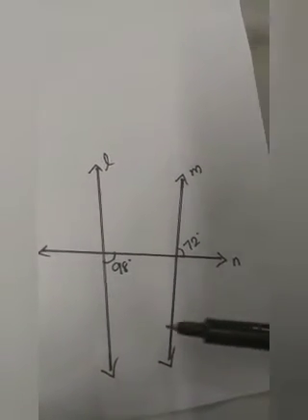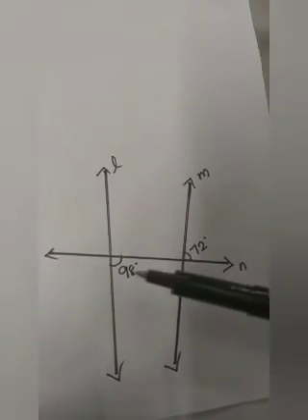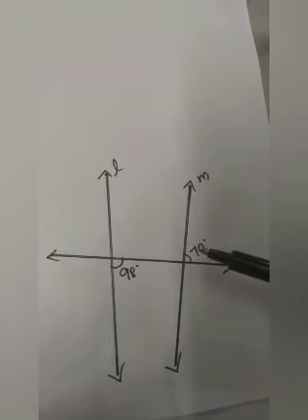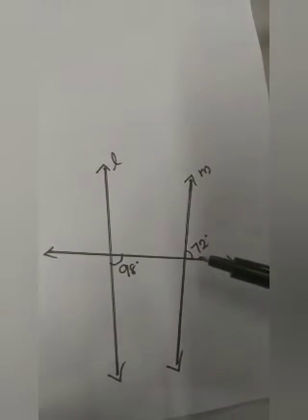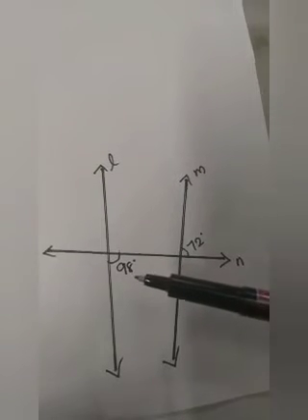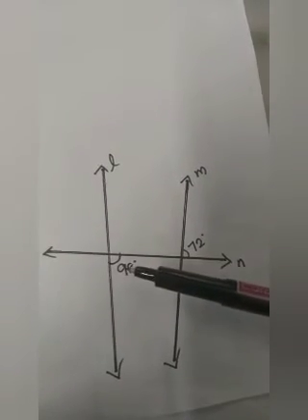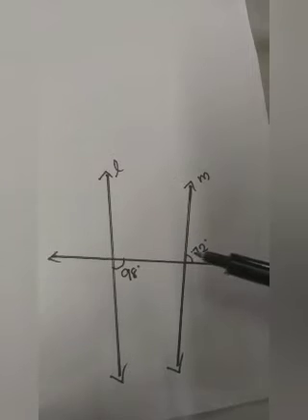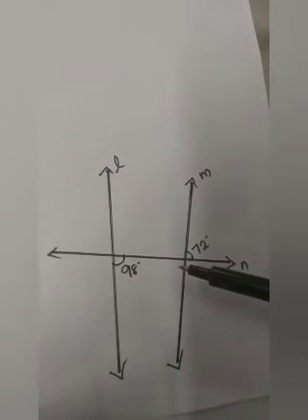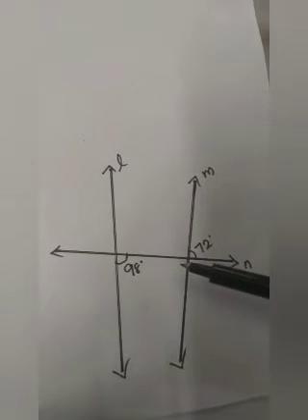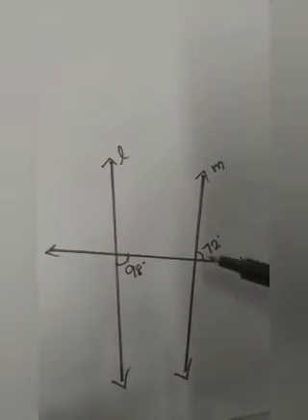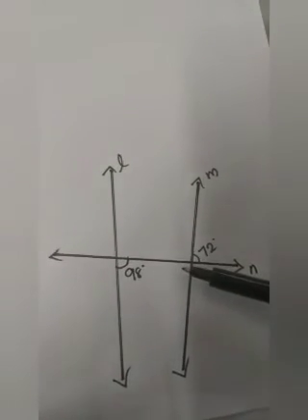So any of the three conditions we can use. Now here we have 98 and here we have 72. Can you identify any connection between them? Here there is no direct connection between 98 and 72. But if you are getting the angle here, then we can say there is a connection between 98 and the angle coming here.